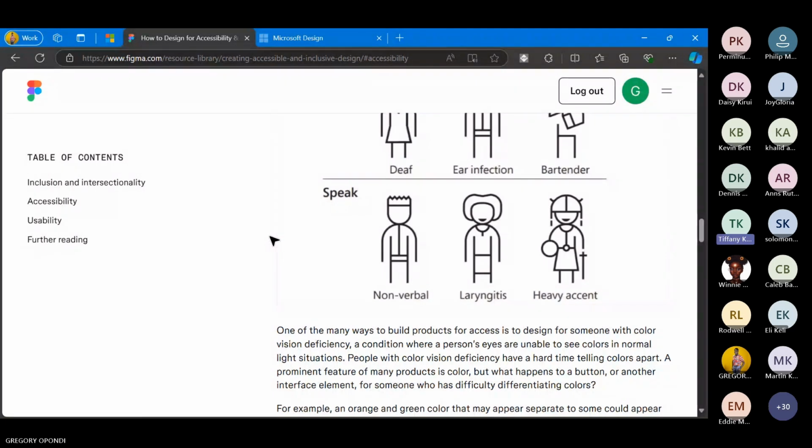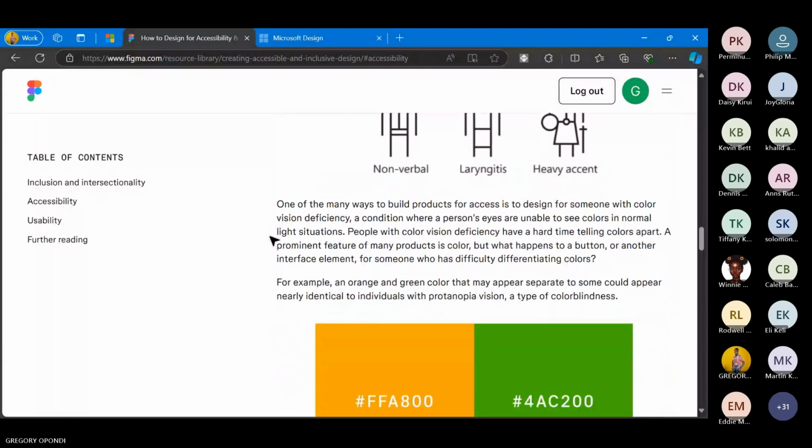Now if you have, in your design system or in the look and feel of the app, two colors, for example a yellow, to make sure that colors can be told apart. There's some people who can't really tell apart